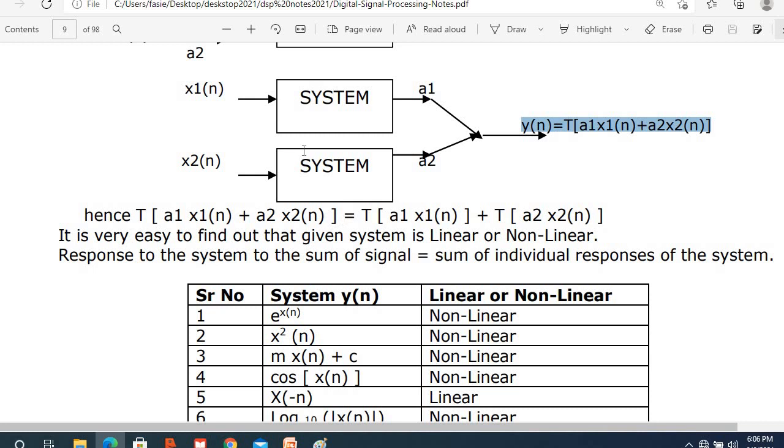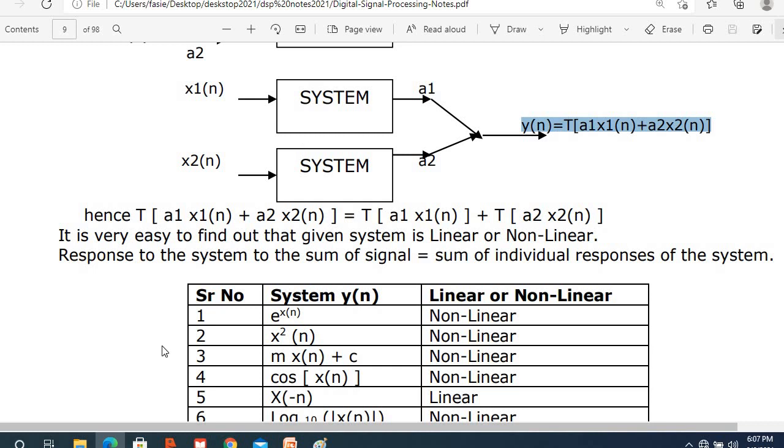Clear? So in the exam, they will give a 5 marks problem. This is in the 6th semester for EEE and ECE students, that is, electronics and communication and electrical and electronics engineering, in the 3rd year. You will get a problem to verify whether the given system is linear or not, whether it performs the linearity property or not. For that, you have to substitute different values and tell whether the given system is linear or not.